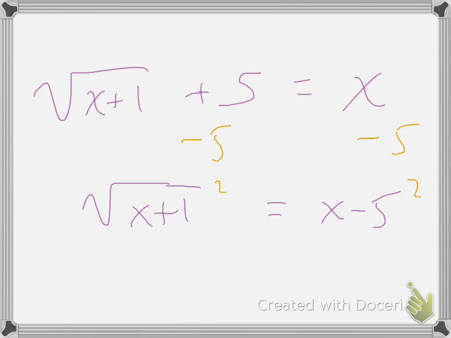Now here's where things get a little more tricky, because when you square the right side, you might want to put parentheses around it, eh? So that when you square it, left side's cool. x plus 1 is free. But the right side, it's FOIL time. And if you remember how to do x minus 5 times x minus 5,